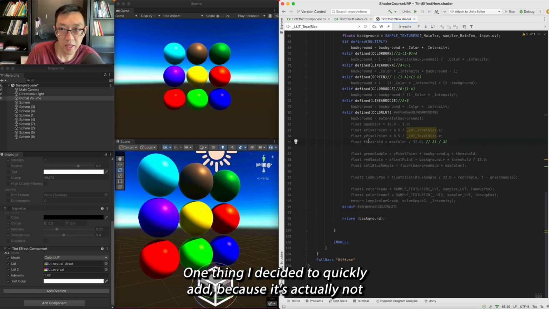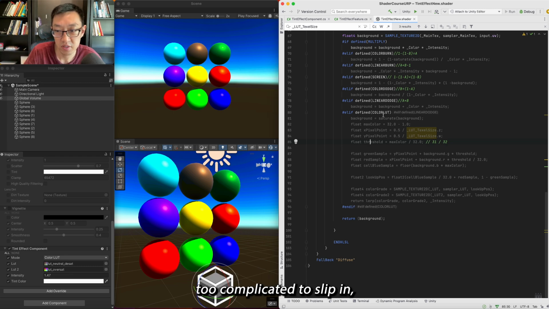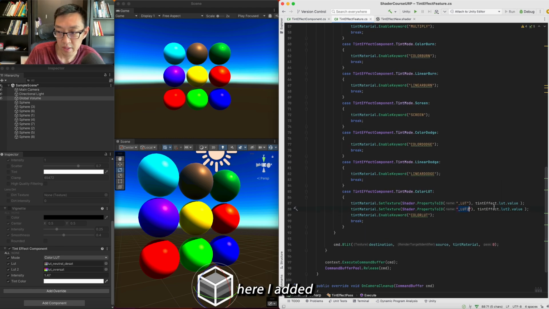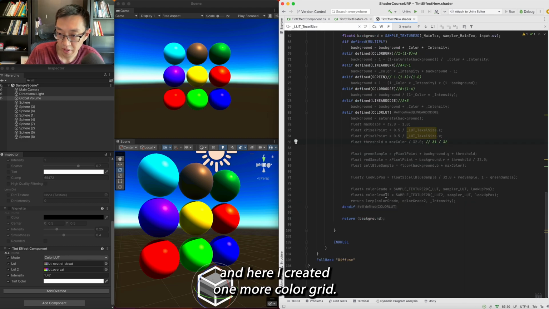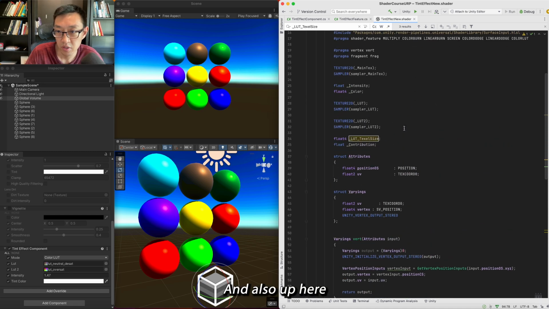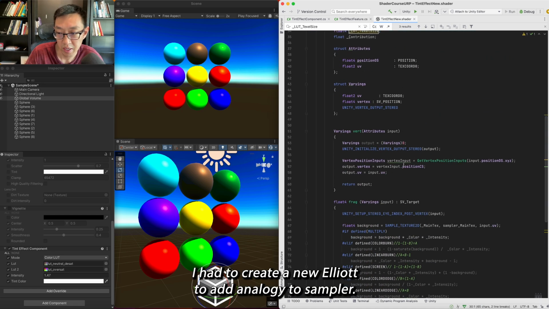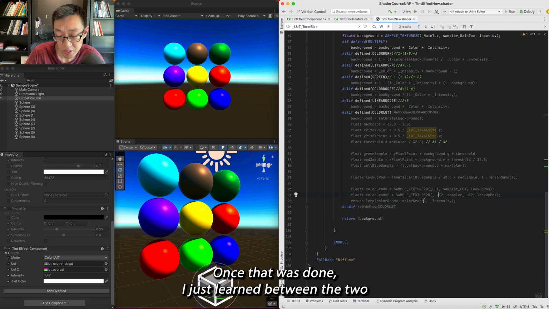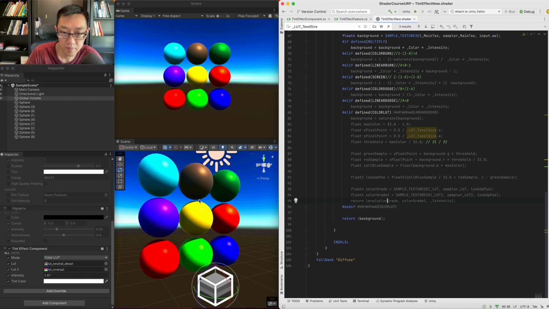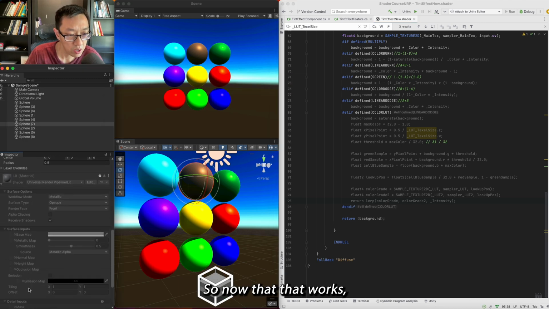One thing I decided to quickly add, because it's actually not too complicated to slip in, is a second lookup table, as you can see here. I just called it LUT2. And here I created one more color grade, LUT2. And also up here, I had to create a new LUT2 and a LUT2 sampler. Once that was done, I just lerped between the two based on the intensity value that I already have here. So now that that works,